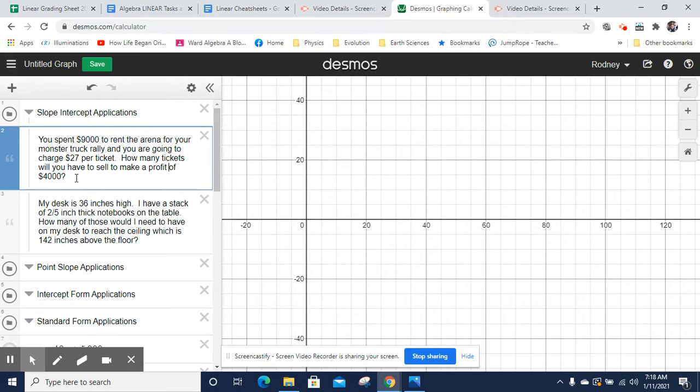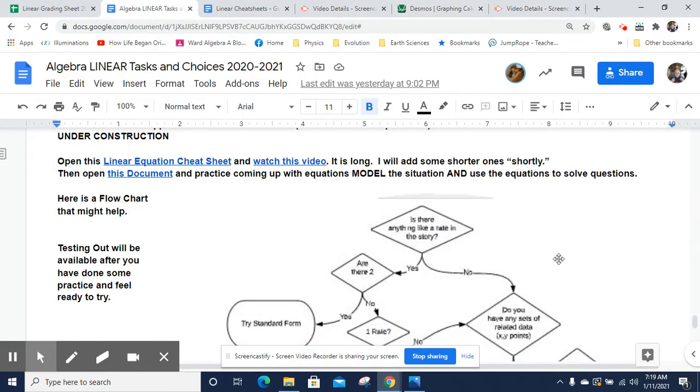Okay, so you want to start off by just looking at the scenario. Don't look at what you're having to solve yet. Let's just look at the scenario. We need to come up with an equation in order to solve this question. So let's figure out what equation type would work best. So you've spent $9,000 to rent your arena for the monster truck rally, and you're going to charge $27 per ticket. So if I go here to my flow chart,